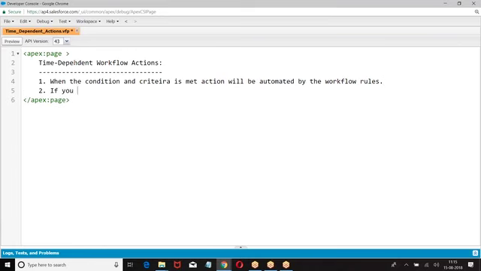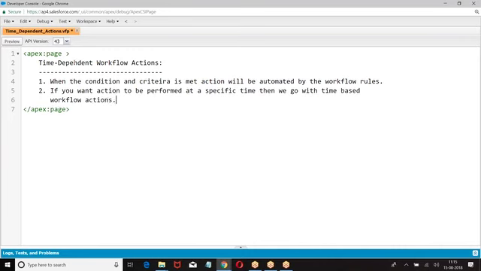If you want the action to be performed at a specific time, then we go with the time based workflow action.